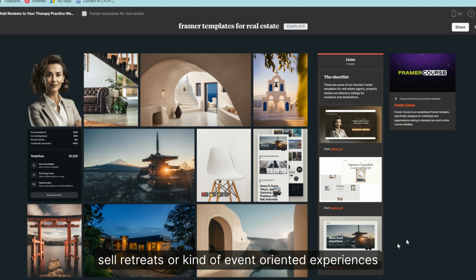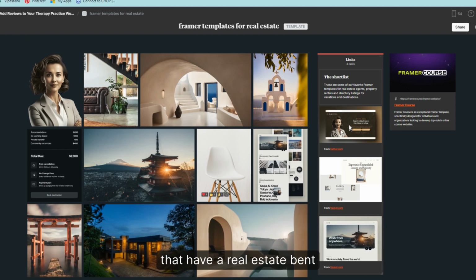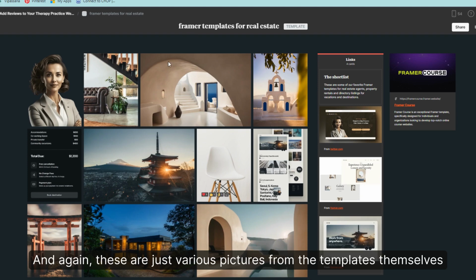And finally, I know some of you are actually working with folks who sell retreats or kind of event oriented experiences. This is very popular in the mindfulness space, obviously. So these are three templates that are really ideal for selling services that have a real estate bent. And again, these are just various pictures